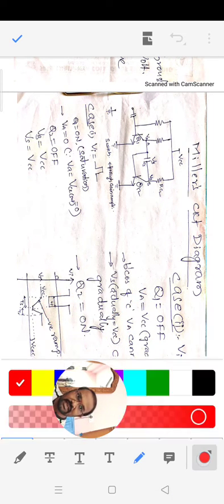When Q1 is off and Q2 is conducting, the voltage at VA gradually increases towards VCC, and at the same time the voltage across the capacitor, that is Vs equal to VCC, gradually decreases towards zero. From VCC to zero, it is decreasing. See here, it seems to be a negative ramp signal, right? It seems to be a negative ramp signal.